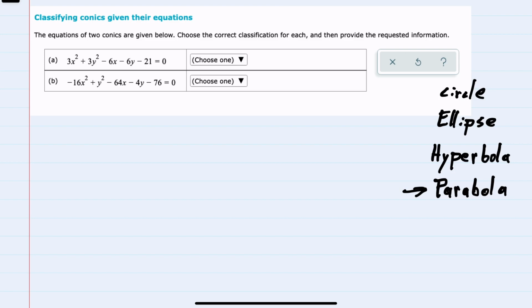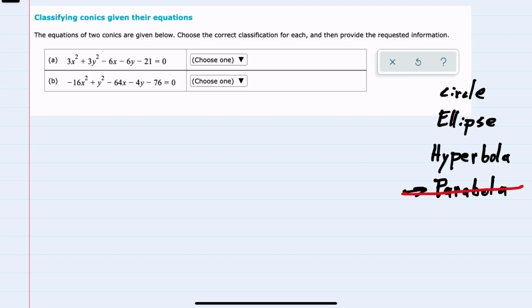a parabola, we only have an x that's being squared or a y that's being squared. And in both of these examples, there's both. So I know that these are not parabolas. But if I would have had one that only had an x squared or only had a y squared, I could have immediately identified it as a parabola, just as quickly as I have eliminated it here as a possibility. And from here, I'll just need to take each of these and start putting them in standard form to see